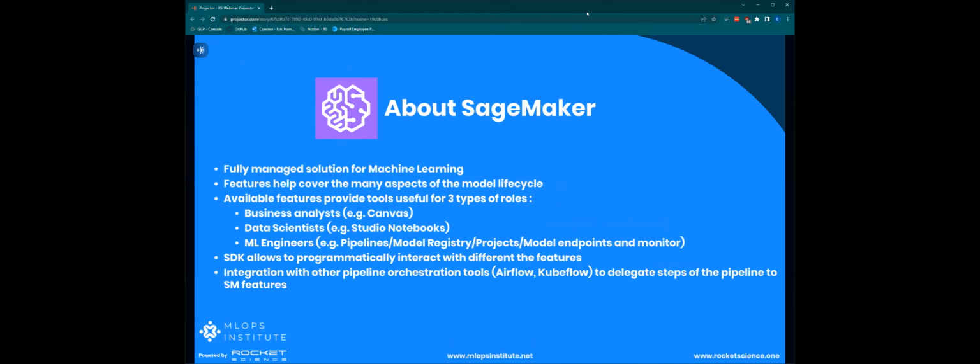So let's talk a little bit about SageMaker. So as I said, it's a fully managed solution for machine learning, and it contains several features that cover many aspects of the model lifecycle. And the target audiences are three